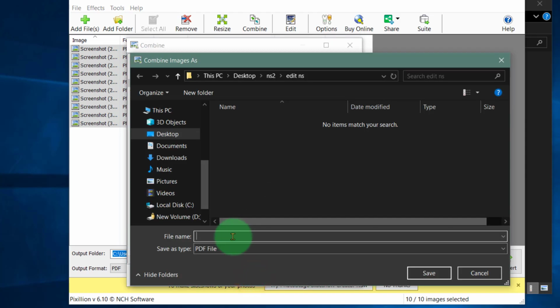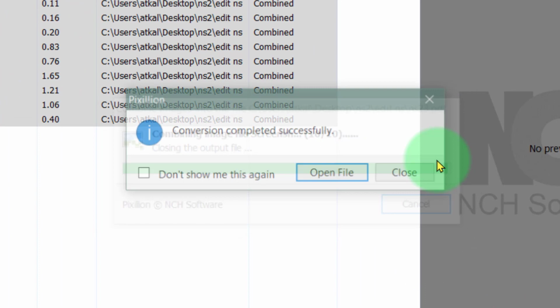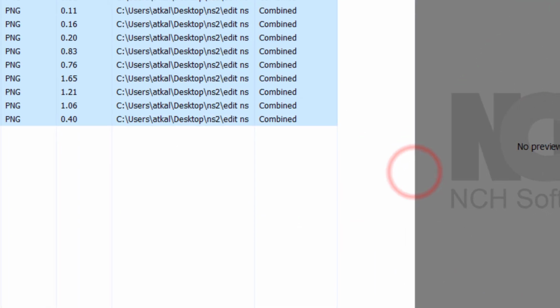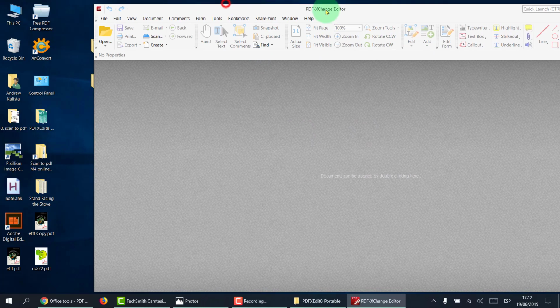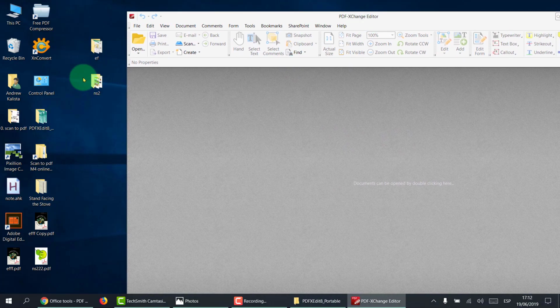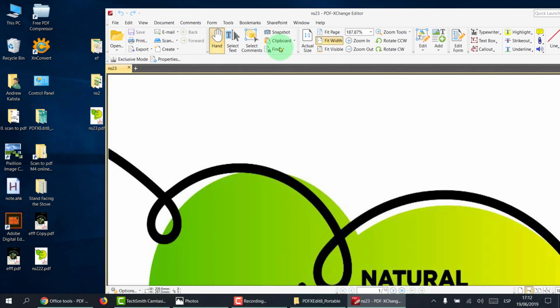So we combine them, we'll call it NS23, close. So now when we open up that version, NS23, so when we save that,